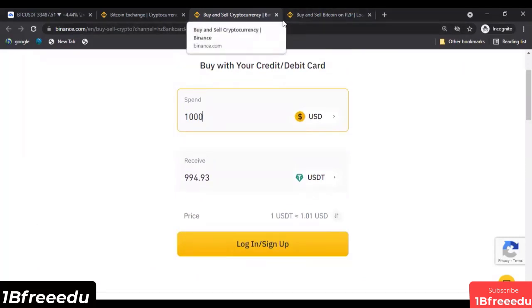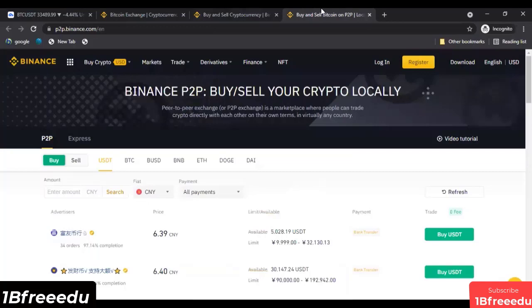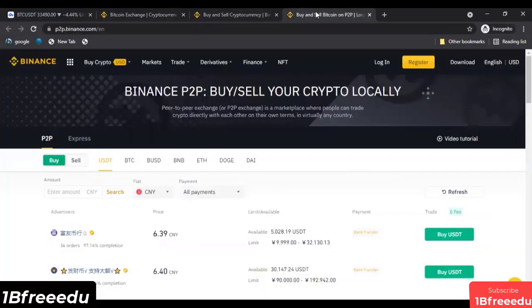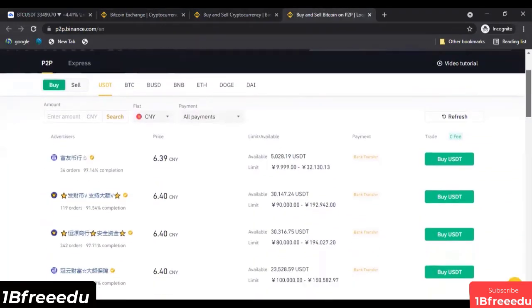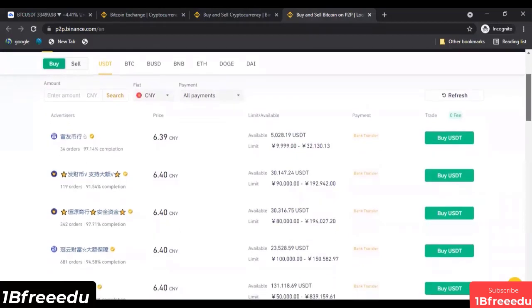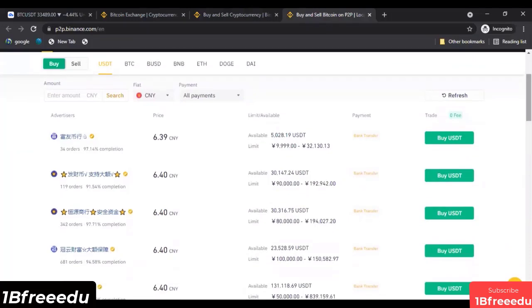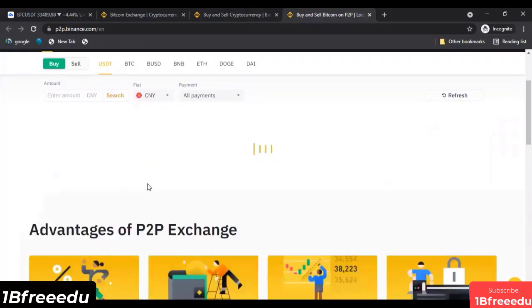There is another way you can buy on this platform, and that is peer to peer or P2P. If you don't have a debit card, or if your country doesn't allow you to buy with your debit card, but it is completely legal in your country to trade in cryptocurrency, then you can click here. You can see it is P2P trading. You can just click here, and it will give you the option to buy from any local vendor. For example, if I select Australian dollar,